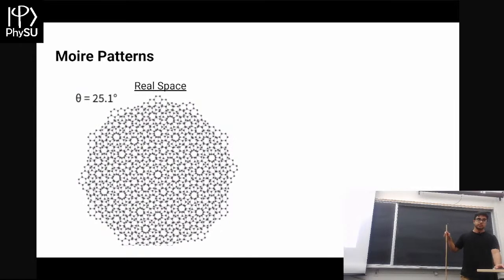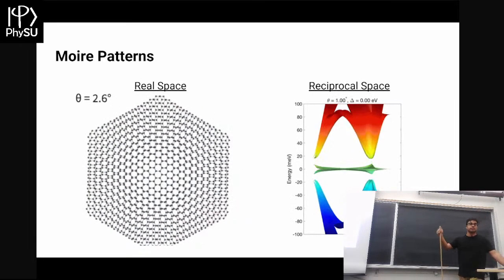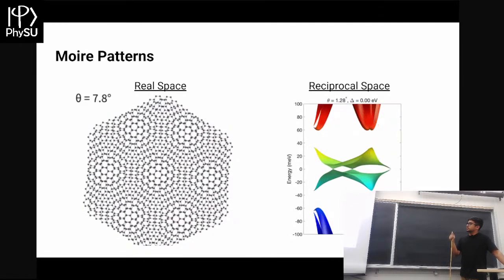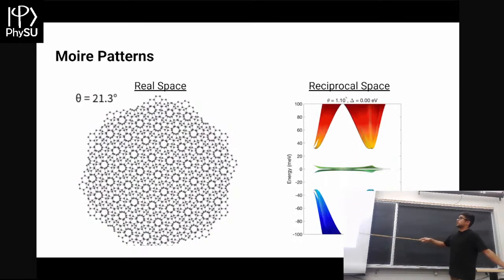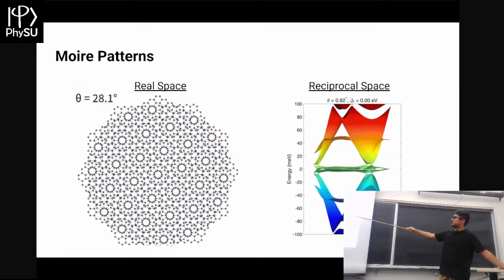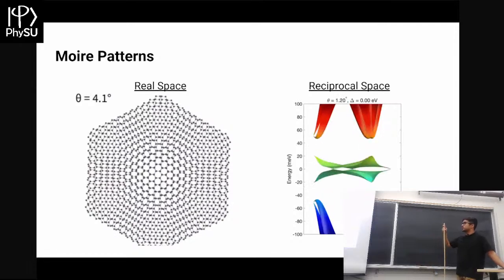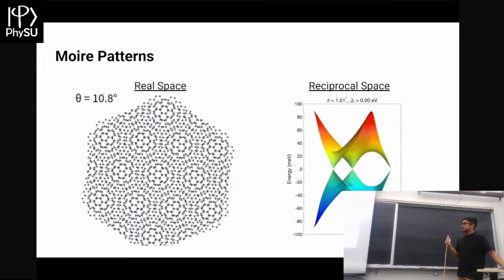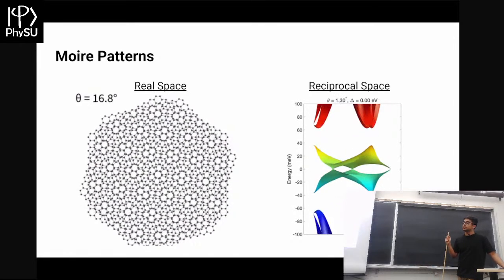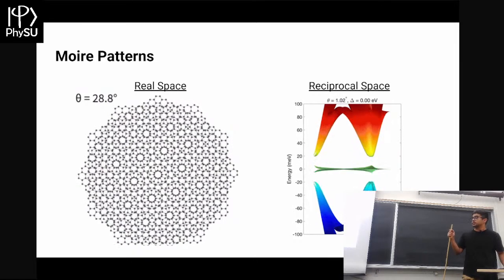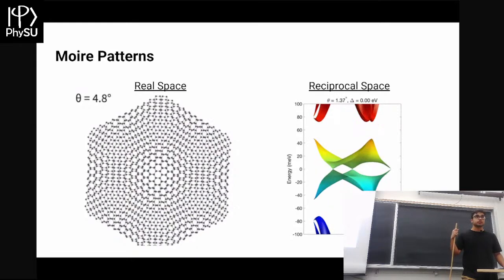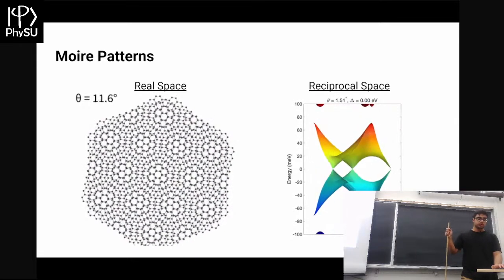Now that's what happens in real space. If we look at the bands, this is actually what happens. So this is changing the angles from maybe around half a degree up to 1.5 degrees, somewhere in that range. And you see something very interesting happens. These bands actually flatten in graphene. And so going back to what I was just talking about a few minutes ago, these flat bands mean that these electrons are very heavy. And so interactions become really important.